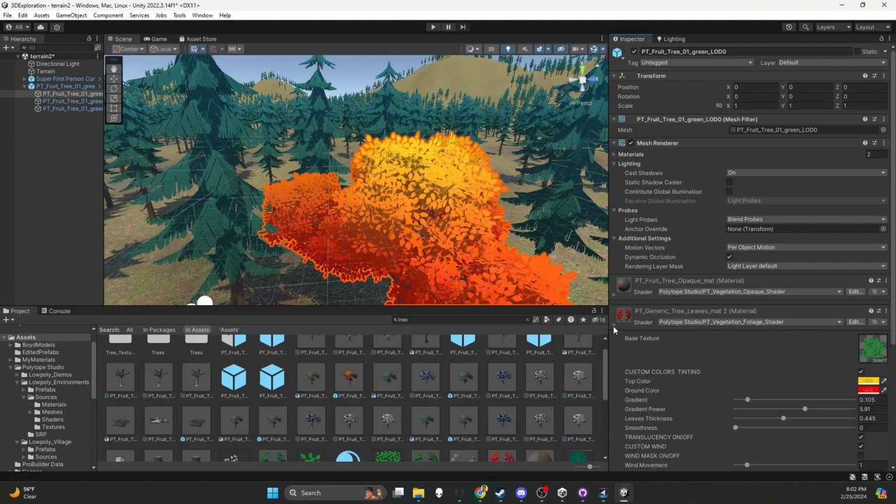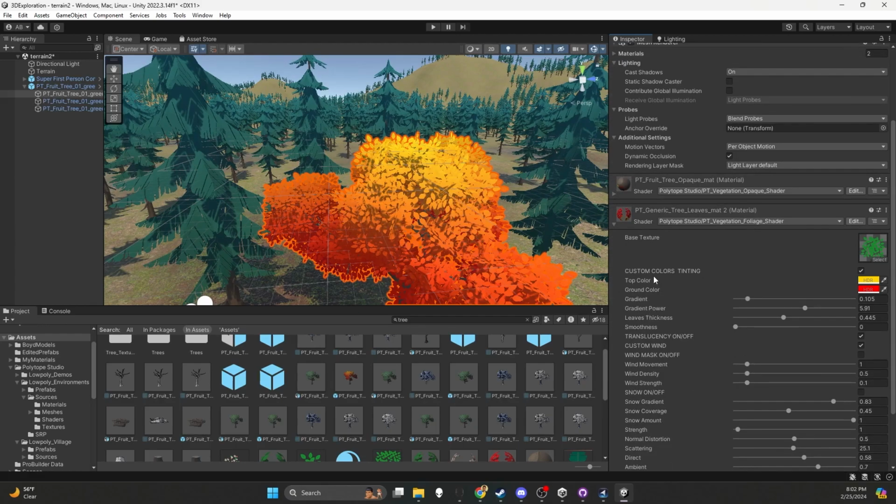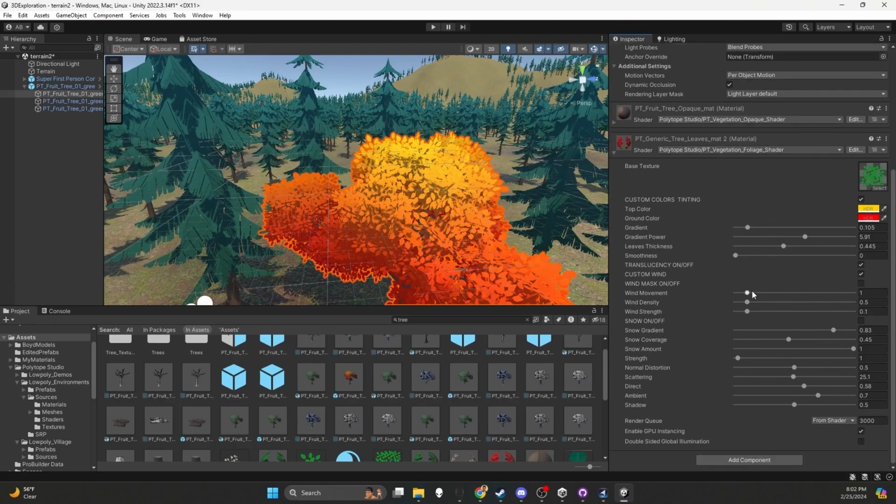If I click down on this material, you can see that I have access to custom color tinting, which is how they're achieving this fall looking effect, because this is the original texture right here, just these leaves, but they've enabled custom color tinting, so that's how they're doing that. You can change the gradient, you can change the intensity of the wind and all that kind of stuff right here